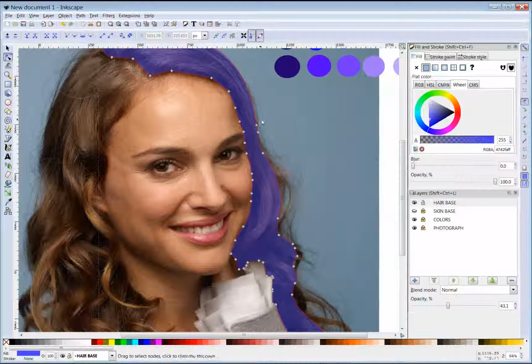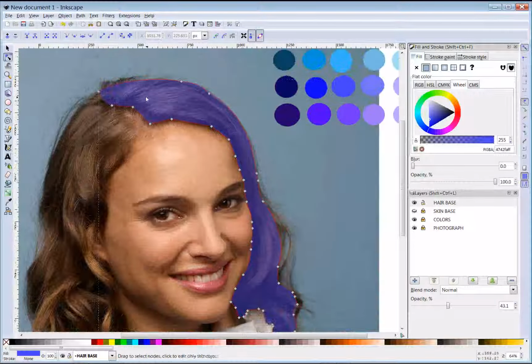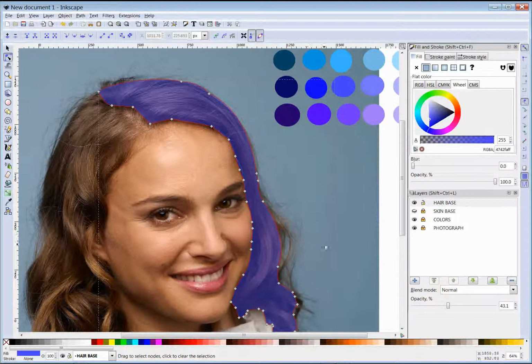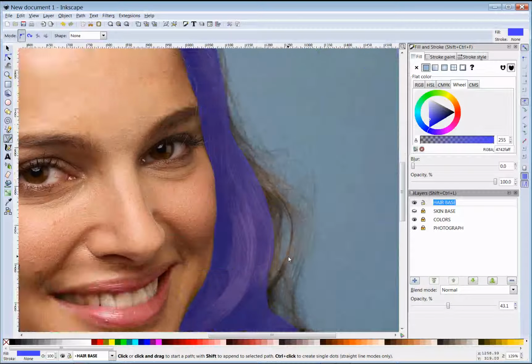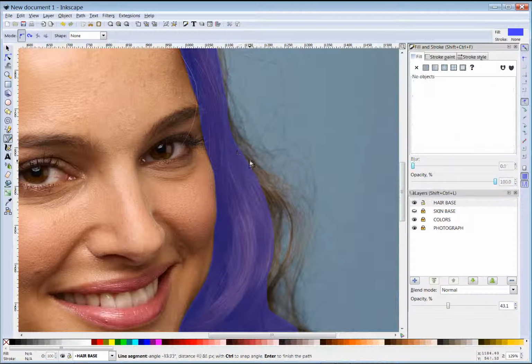And remember, when you're filling things like hair or anything that has loose stuff coming off the side, do your base or the bulk of that thing first, and then I'm going to add these on. So I can show you how. Here, hair base, okay? So I'm going to come in here, path tool. It should still be on the same color. I'm going to zoom in here, and if I wanted to add this on,